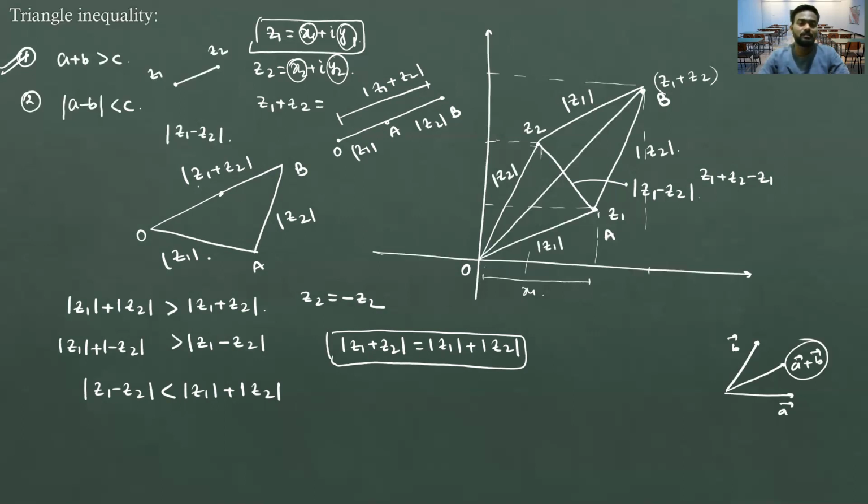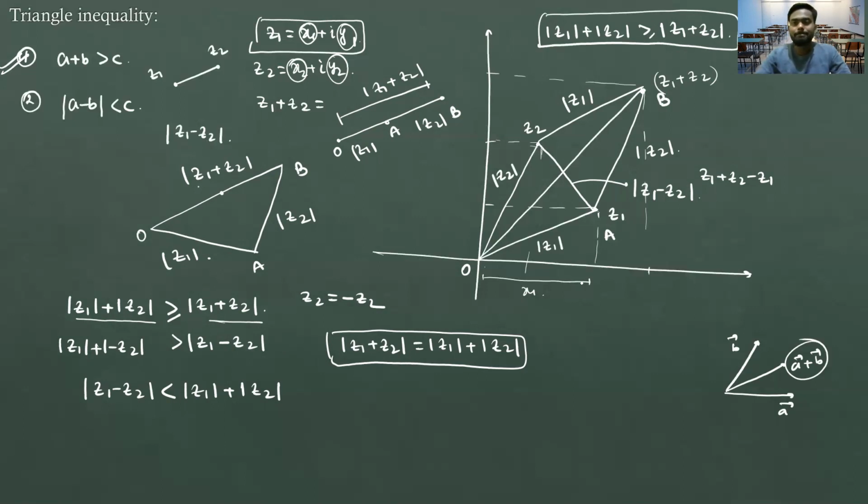So if these 3 points are not collinear, then this length, this value will be greater than this much, right? This value will be greater than this, or if this is collinear, then it will be equal. So from here, if I combine these two things, we are getting one inequality here, and that inequality is basically modulus of z1 plus modulus of z2 greater than or equal to modulus of z1 plus z2, right? Okay.